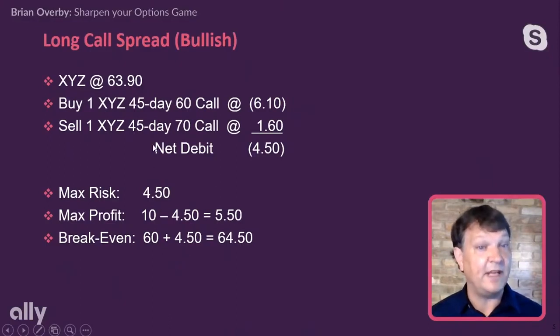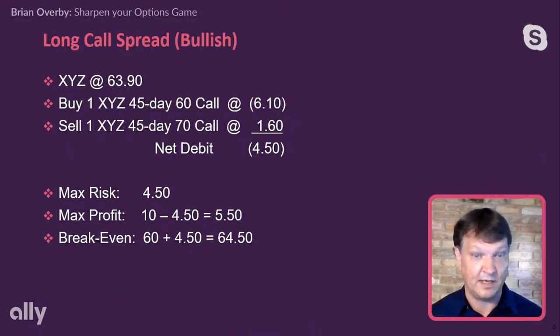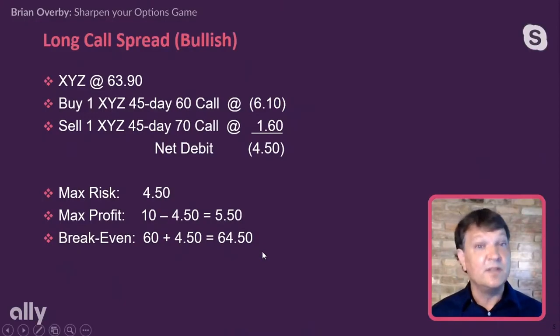This would mean 45 days from now, this is where our break even would be at. We'd need it to move about 70 cents. Now, if it happens before expiration, that break even will move because there's a time component in the option contract. So let's talk a little bit about that time component, because to me, this is the main reason why you'd want to do a long call spread overall versus buying an option contract outright.